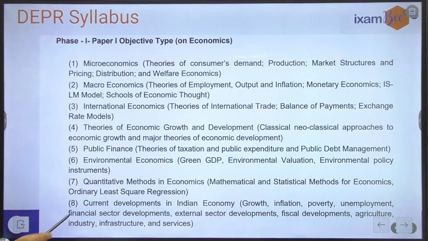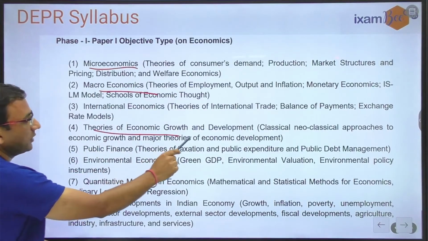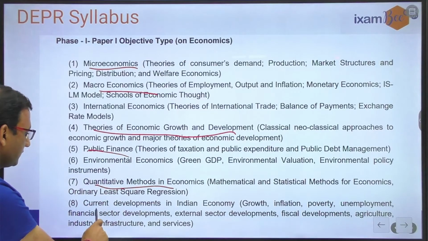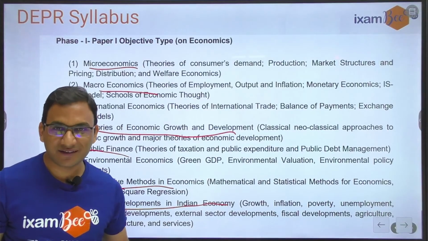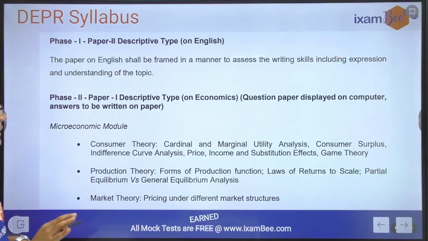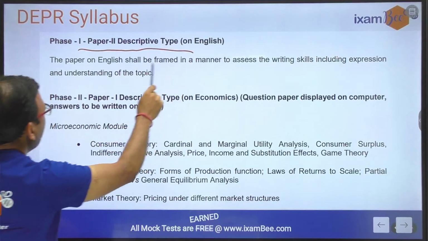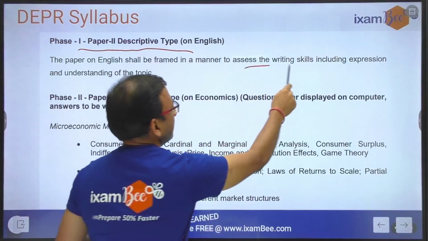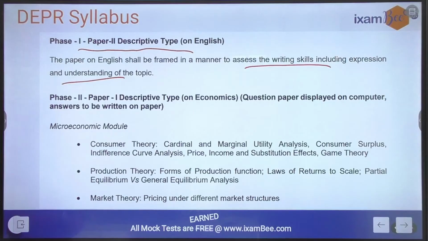Objective type on economics: it has micro, macro, theories of economic growth and development, public finance, quantitative methods, current developments in Indian economy, almost everything related to economy, macro and also micro. Paper 2, descriptive type on English. This is the English exam to assess your writing skills, including expression and understanding of the topic. And paper 2